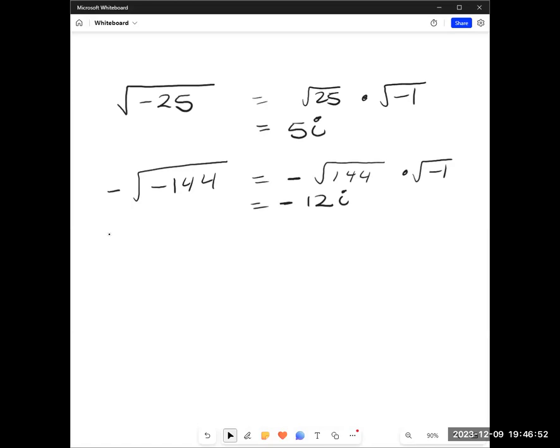Just like with all other roots, we can have some leftover parts inside the square root sign. So that's what we're going to see in our next example. So we're going to pull out that -1 there. We have a root 28. 28 does have a perfect square of 4. So we're going to have